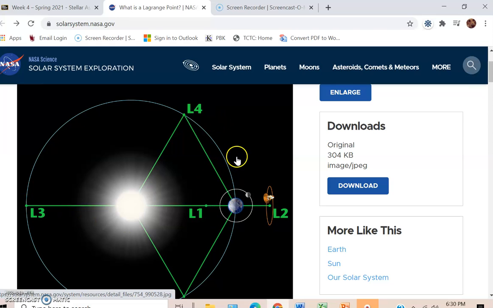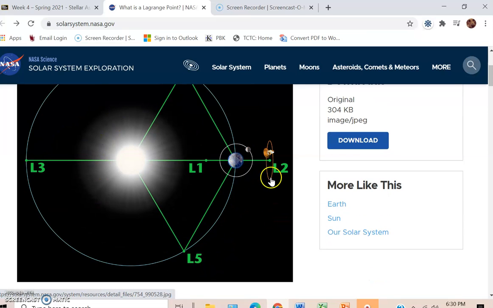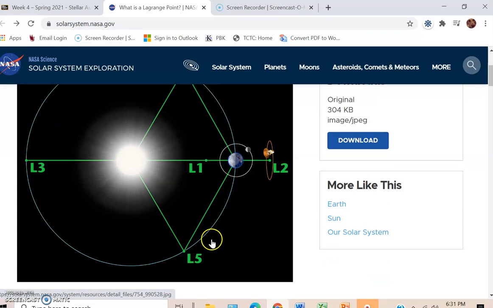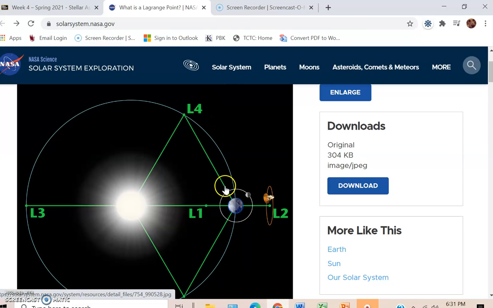These 5 points move around as the Earth moves around the sun. L3 is on the opposite side of the sun from the Earth, and I think it's actually a little bit further, if I remember correctly. It's a little bit further than the Earth's orbit, not much, just a tiny bit. So L1, L2, L3, and then L4 and L5 are actually at, so if you took a line between the Earth and the sun and you went 60 degrees